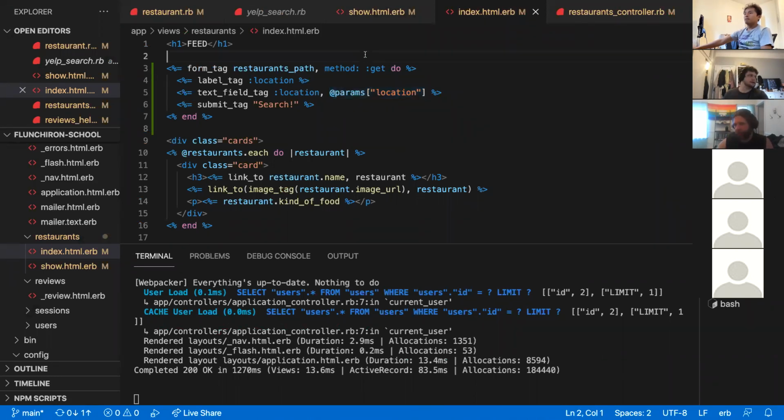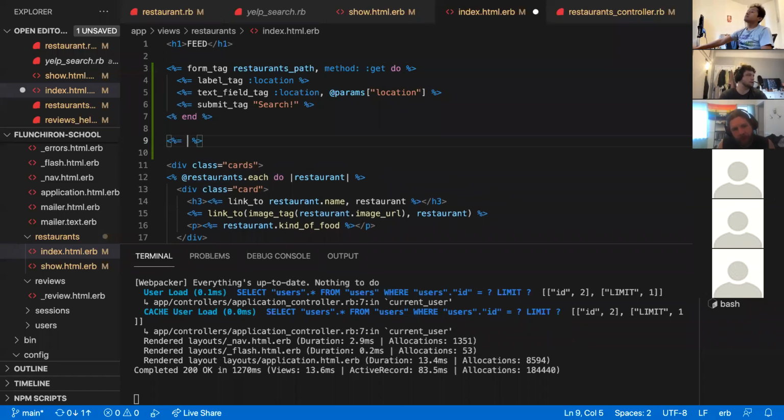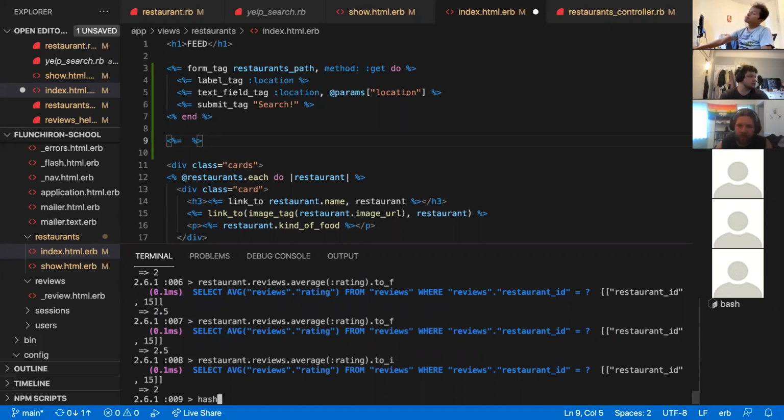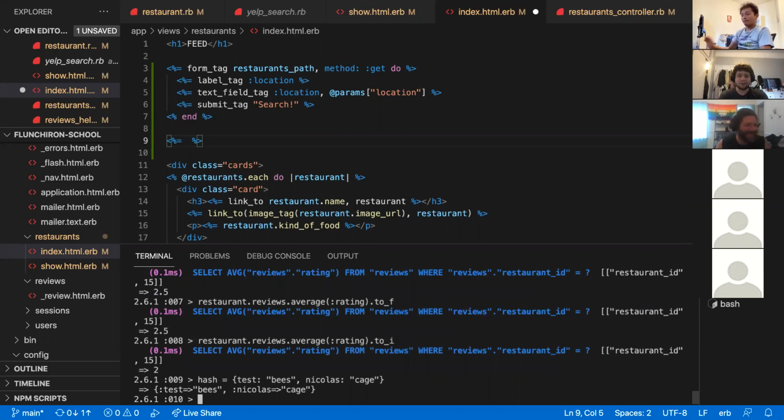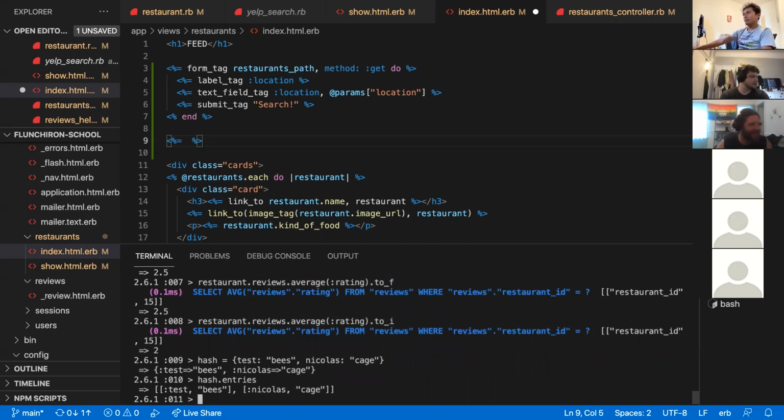We can go ahead and say, let's remember how to do this in Ruby. Hash equals test bees. Nicholas Cage. Nicholas Cage is back in a big way. Everyone's remembering that he's an Academy Award winning actor. Is it entries? Nice. I've heard it's incredible. So I'm very excited to see that when I get a chance. So now I can say, hey, at params.entries